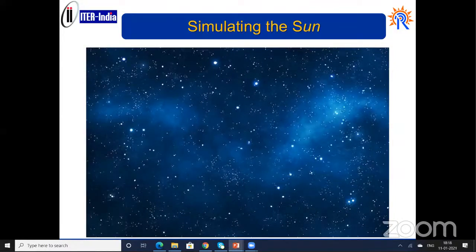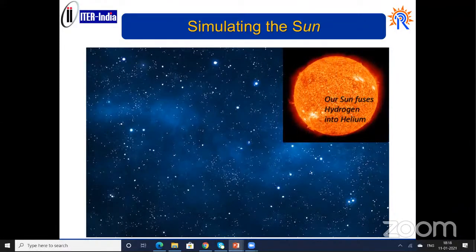We are talking about simulating the sun. In fact, not only the sun. If you look at the night sky, you see innumerable stars glowing, and our sun is the one we see during the daytime, which gives us the day. And our sun actually is a fusion reactor. All our energy that we use in any form, except probably the nuclear one, which comes from fission, the breaking of atoms,